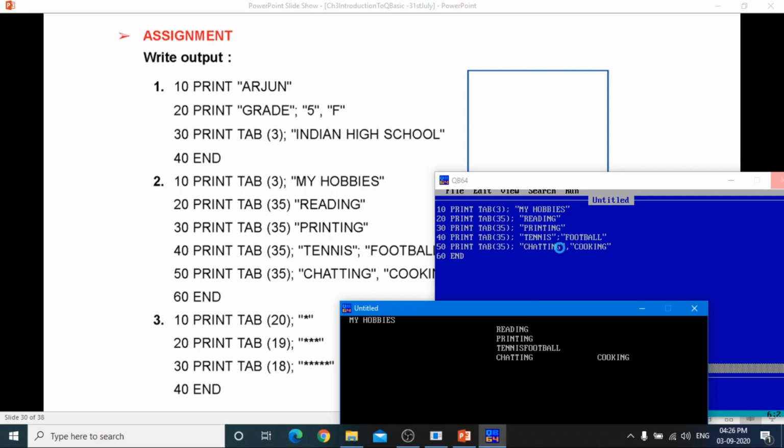So no gap between tennis and football. But in next line we have chatting and cooking, so we have a comma in between these two words, so here we have a gap between chatting and cooking. Got the output? Note it.